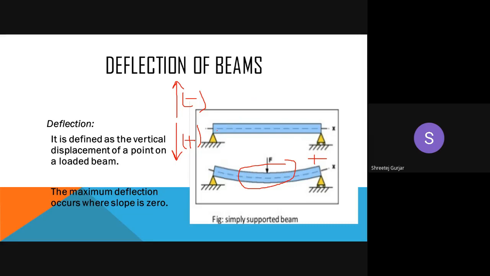Before transfer, because of the pre-stress, they will be deflecting upwards, right? They will be deflecting in this format. So when your deflection is in the upward direction, it is considered negative. So remember these terminologies, plus and minus. These are very important while solving numericals. So this usually occurs before transfer.